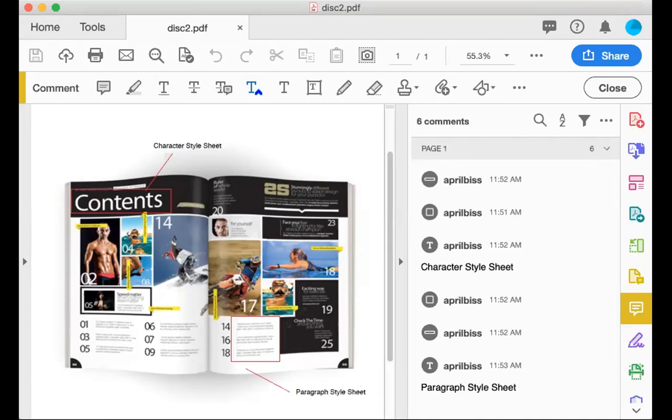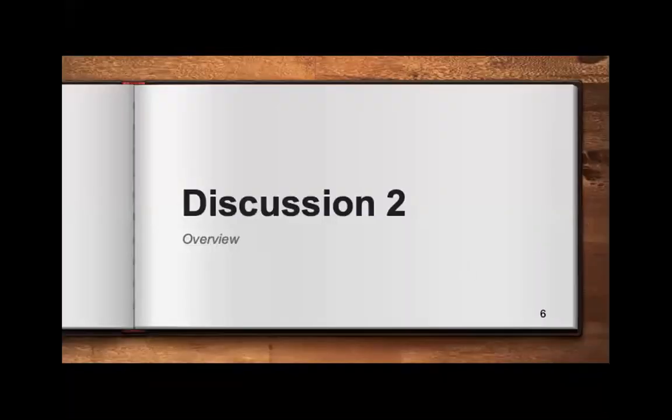Okay, so you're just pointing out where you believe paragraph and character styles were used. It's just a good way to get you understanding of the purpose. Yep, you can use Photoshop as long as we can see it. Yeah, you can use whatever program you want, as long as we can see it in the discussion and you embed it. Do you guys know what embedding means?